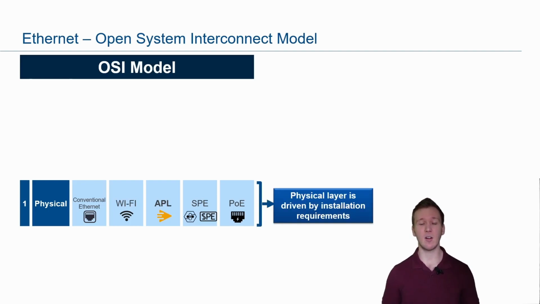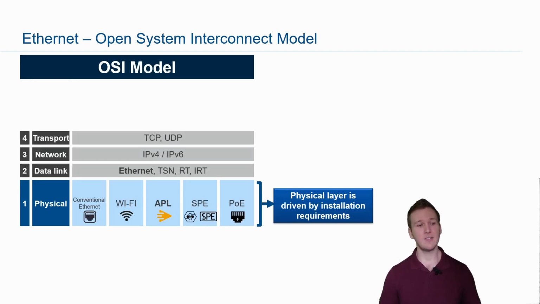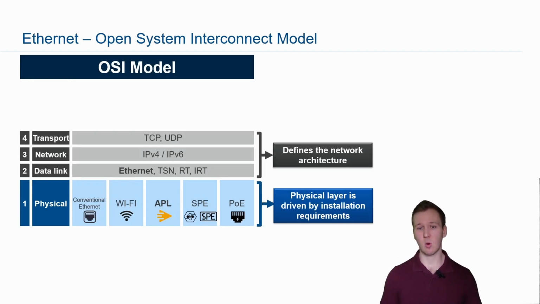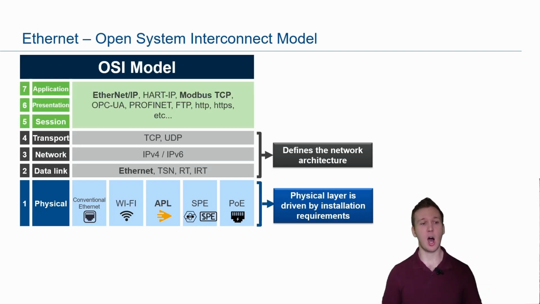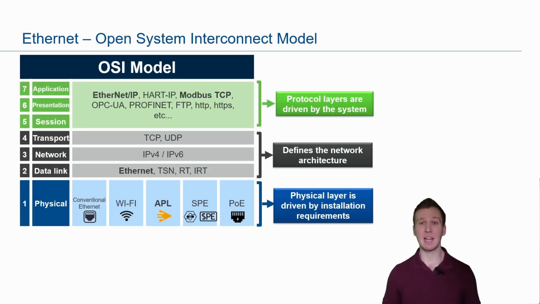Now, this physical layer is driven by the installation requirement. So whether or not a device needs lower or higher amounts of power, or whether or not maybe it's in a class 1 div 1 area, those things are going to dictate which of these physical layers may or may not make the most sense. Now the next few layers up here are relatively standard across the Ethernet protocol, but this is all about the network architecture, and there's some options to pick through here, but the idea is we are packing up, transmitting, and unpacking the data to this top set of layers here, which are what many of us are familiar with,